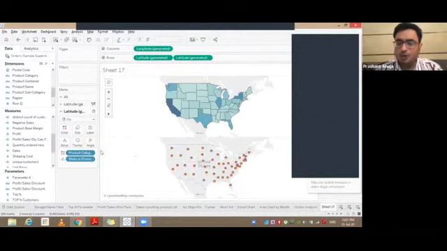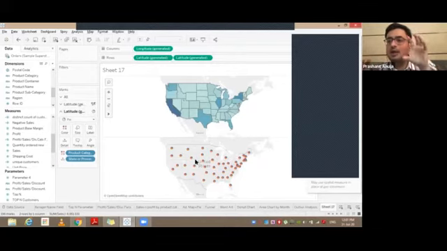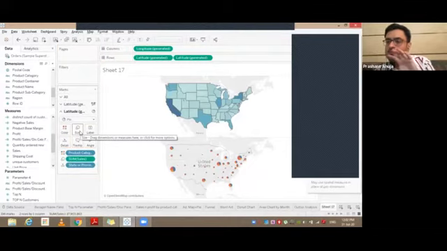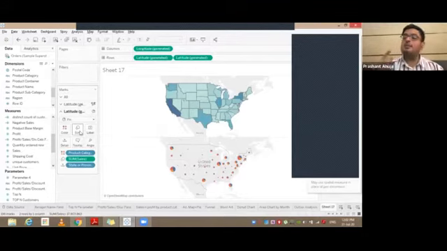And now what we need to do, all the pie charts are of the same size. We need to make sure that the biggest region should have the biggest pie so that it is a three-dimension chart. So that by looking at a chart, I can see what is the biggest region, and in that biggest region, which category accounts for the maximum sales. So I'll pick up sales and put it into size because I want the visualization to be decided on the basis of size, on the basis of sales. So higher the sales, bigger the size, lower the sales, smaller the size. Hence, I'll drop it into the size window.